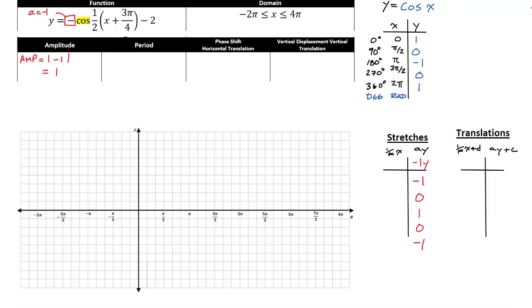All right, let's identify what C is. C is at the back, right? C is negative 2. So that tells us we're going to have a vertical displacement. We're going to move everything down 2 units, right? All right, so let's take all our y coordinates and subtract 2 from them. So negative 1 times y, let's minus 2, right? So I'm going to be at negative 3, negative 2. Sorry, where am I at? Negative 1. Oops, there we go. Negative 2,